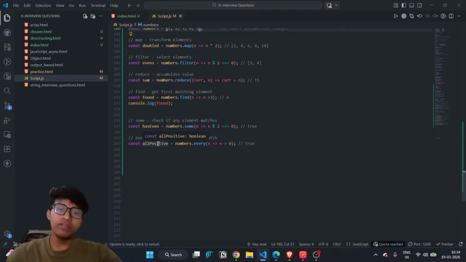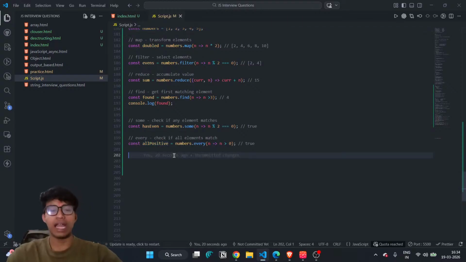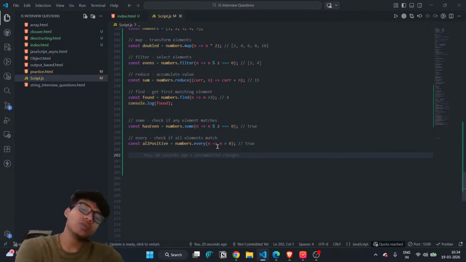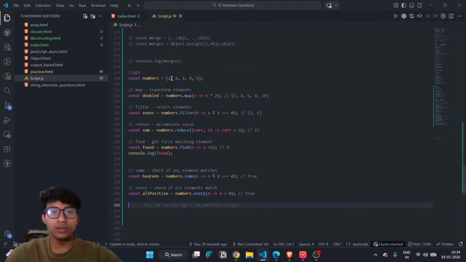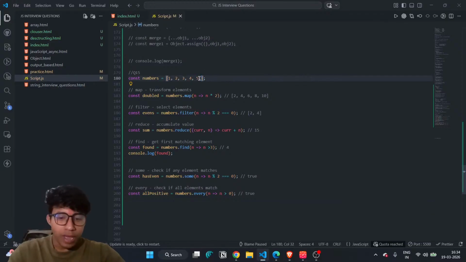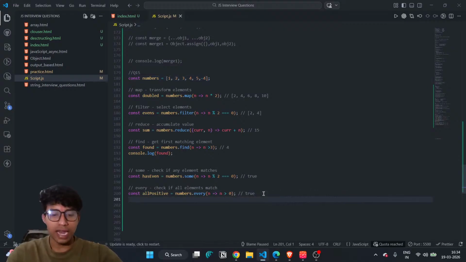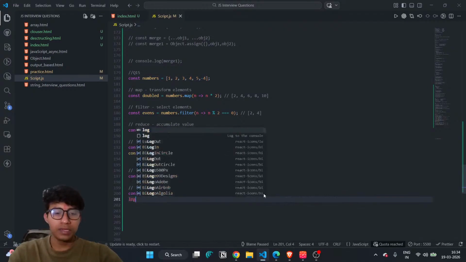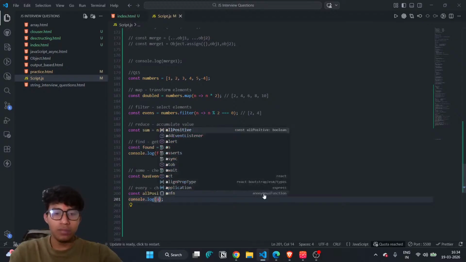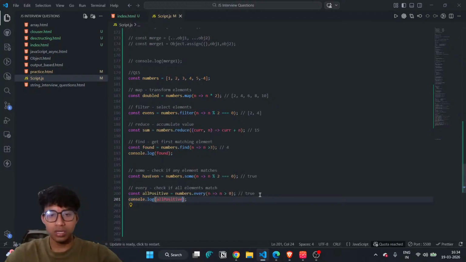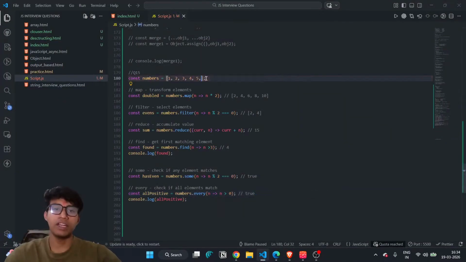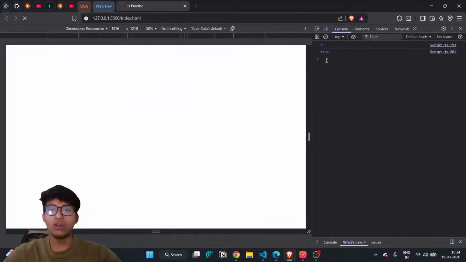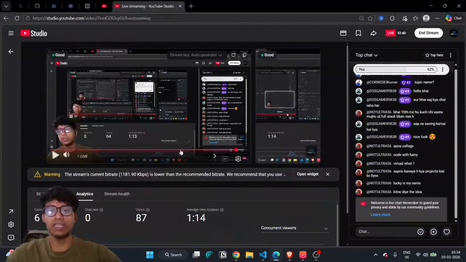And every is used to check every element of an array. It's just like every n is equal to it, so this checks whether all elements are more than zero. What if we write down minus 4? It will be less than zero. So when I go there and print log all positive, it will return false, because one element has the value minus 4. And if I go back, now it's giving true. Okay, here it is. This is very easy.